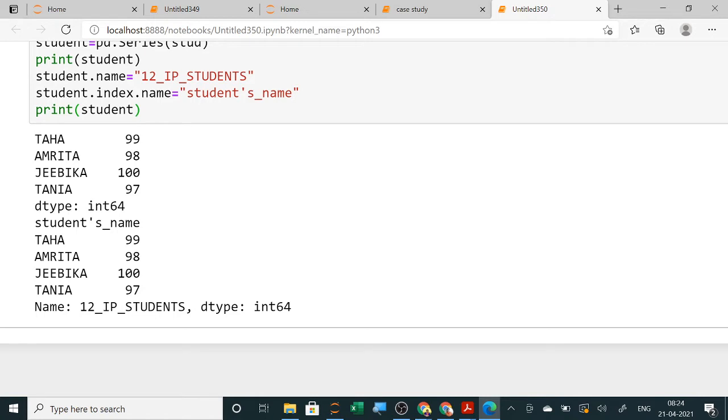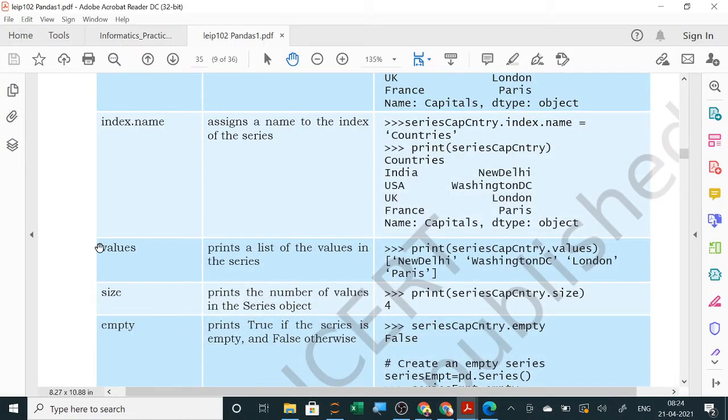Now a new name has been given, so it is showing the name and then the data type here. So this is over: how to give a name to a series, how to change it, how to give a name to the index.